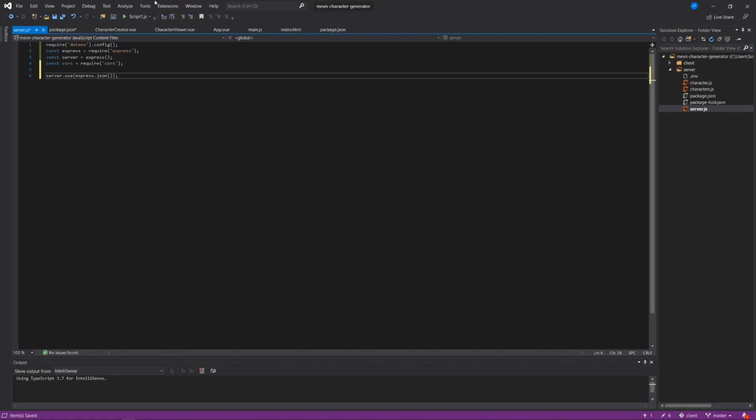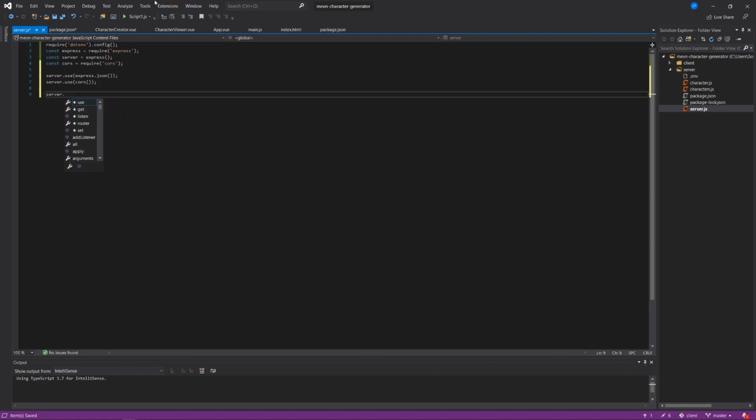Let's use the built-in functionality of JSON in Express. And let's also make our server use cors. If you tried to do this without cors and then come back, you'll definitely thank me. I pulled out a lot of hair trying to get my apps to work before I understood the use of it. And then we're going to say server get